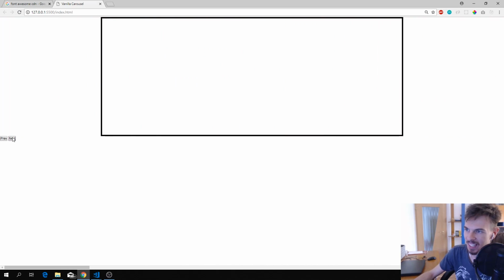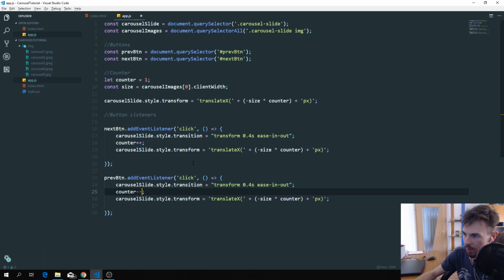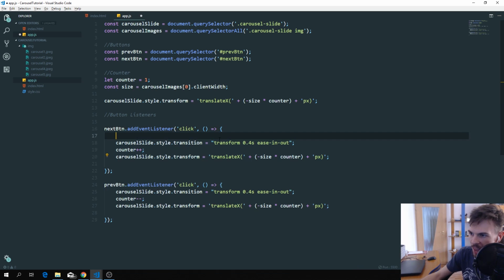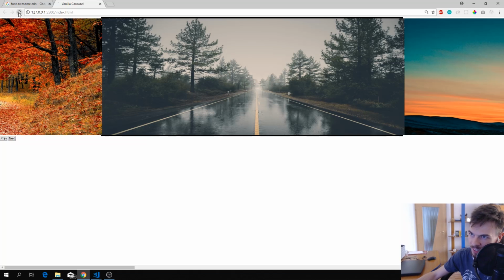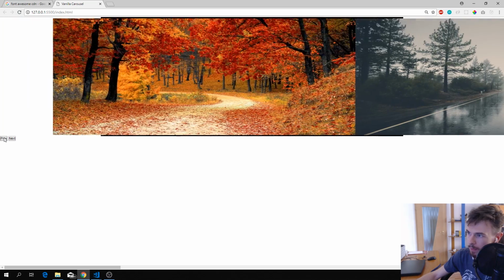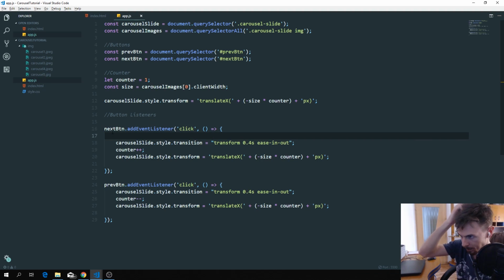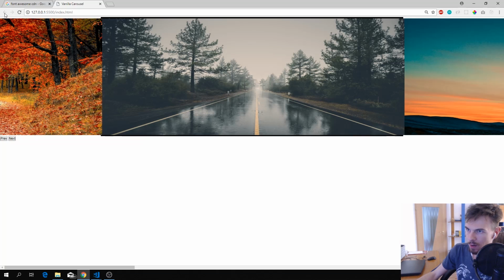So for not leaving the container, we can just say for now, you can go up here, up before all of this, and we can just do an if statement. So we're going to say if counter is smaller or equal than 0, then we can just return. So this is basically not going to do anything. Good. Actually, we're going to add this later on because I want to explain something here. Good. Now, the problem is